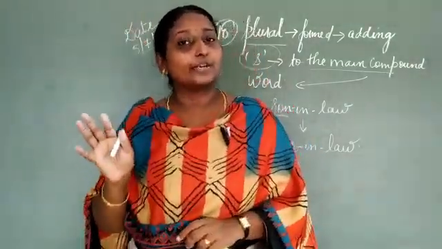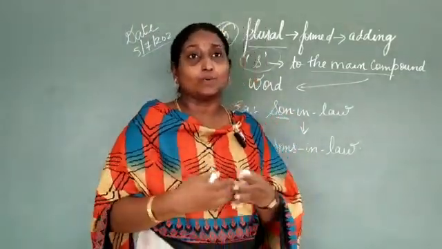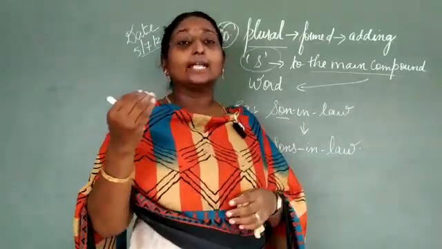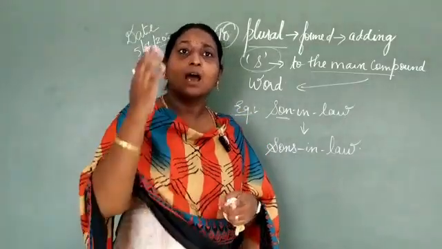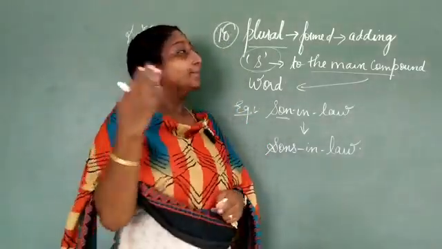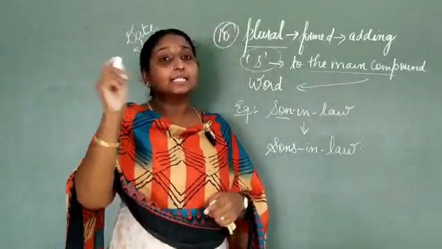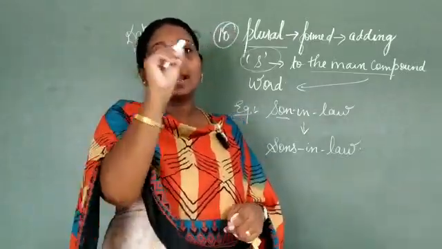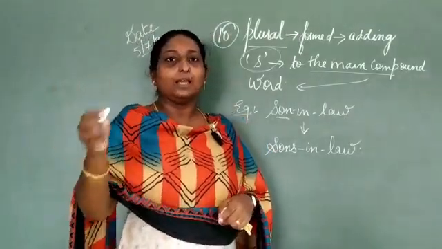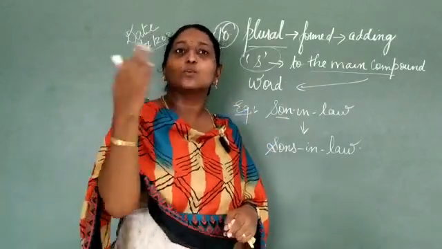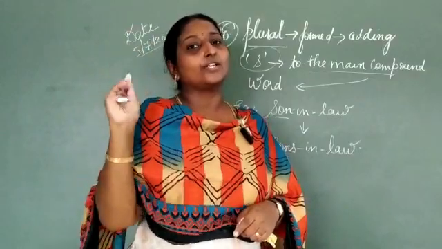Hope you have understood all the 10 rules. The 10 rules are there in your English grammar textbook, page number 8. Kindly go through it once again. Singular nouns refer to one person, idea or thing, and plural nouns refer to more than one person, idea or thing. Just take out page number 8, children, and underline the definition: singular noun refers to one person, idea or thing, and underline that plural nouns refer to more than one person, idea or thing.